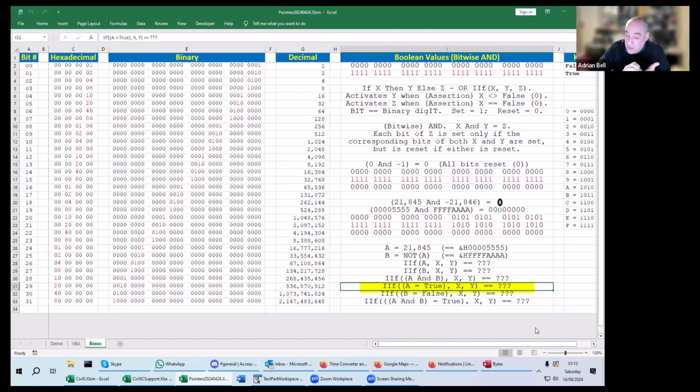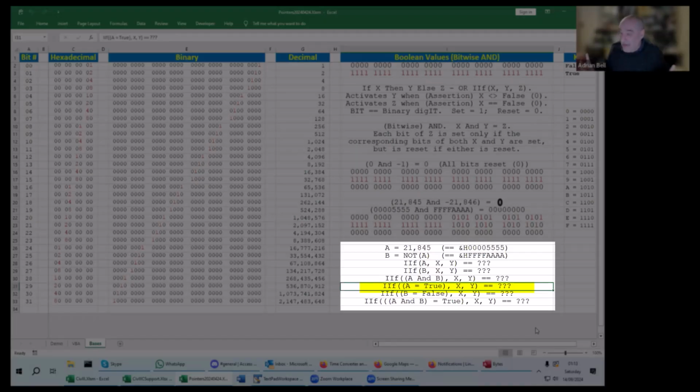So there is an assertion, A equals true. A is damn well equal to true. I'm either right or I'm wrong. In this case, I'm wrong, because A is not the same as true. It's not false either, but it's not true. So therefore, and it's helpful to remember sometimes, because a lot of people don't seem to have a blank in their understanding of Boolean. When you have this code that says either if X then Y else Z, or IIf X, Y, Z,